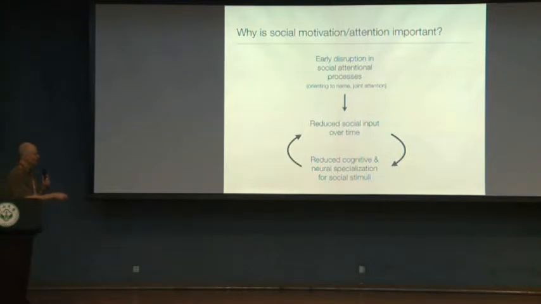And of course, this would be kind of a vicious cycle. So the idea is that if you had even a rather small deficit early in development in social motivation, this could sort of amplify as the baby begins to grow older and older, could amplify into a developmental path that ends up being autism. So there are many ways in which you could imagine looking at this mechanism. The one that we focused on is faces. And there's many good reasons for that, but right now, if you ask yourself, what are you looking at mostly? You're looking, and we did eye tracking on you, what are you paying attention to?